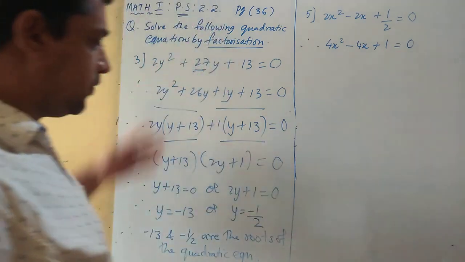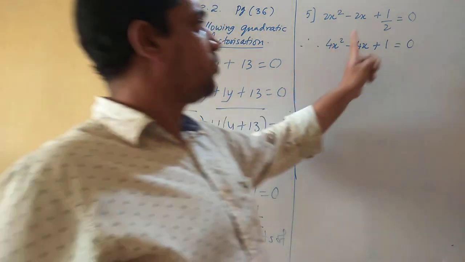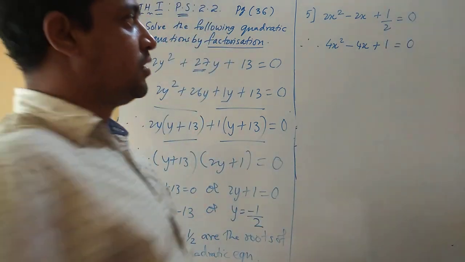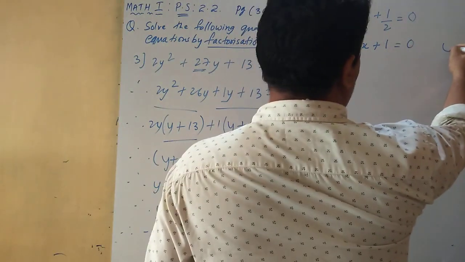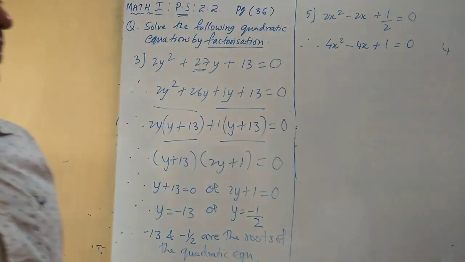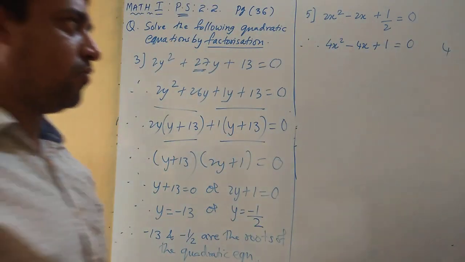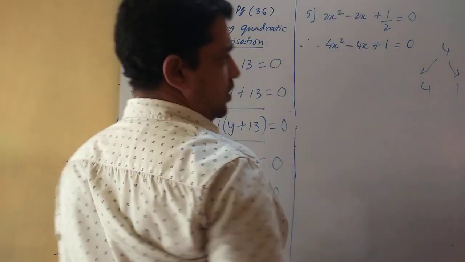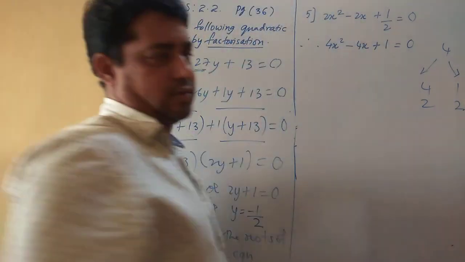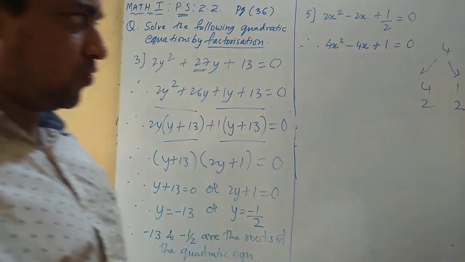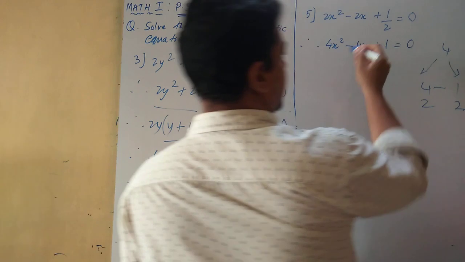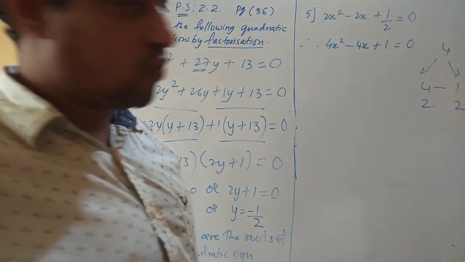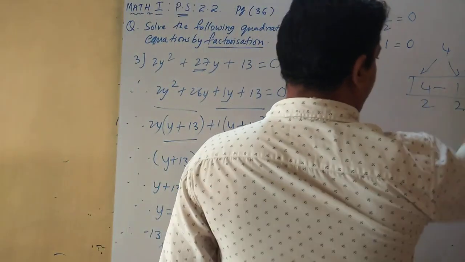And then the procedure will be same. So 4x square minus 4x plus 1 into 0. Now what will be your product here? First term into third term is 4, positive 4, correct? Now if I split this number, we have 4 1s are 4 and 2 2s are 4, only 2 pairs. But if I add this, I am getting 5, I should get 4. If I subtract this, I get 3, I should get 4.